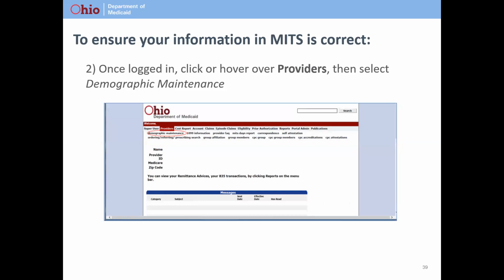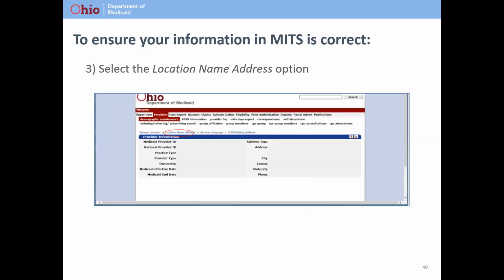Once logged in, you are going to see a section at the top of the screen called providers. And if you hover over providers, you get additional options that appear, and one of those options is demographic maintenance. So you would click on demographic maintenance. Once you're on the demographic maintenance screen, you'll see additional options in blue show up, and one of them is the location, name, and address option, and that is called out by a red circle on the screen. You would want to click on location, name, and address,